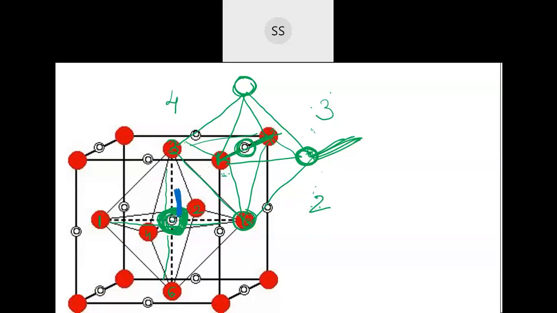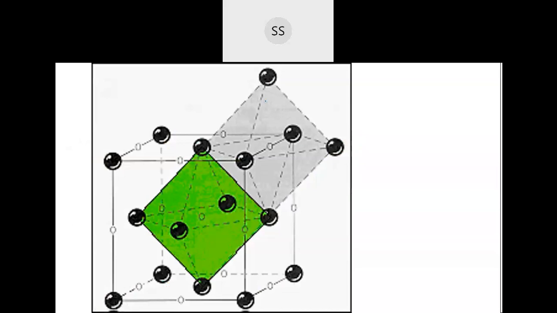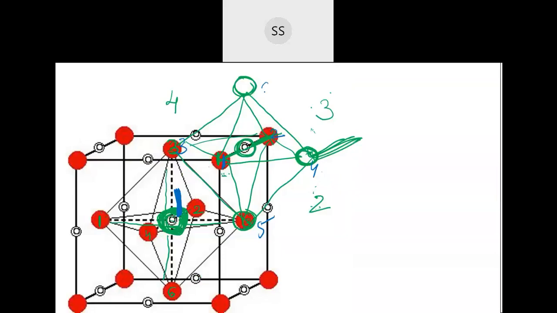Now, if you want to create another octahedral void, this you cannot get just by this unit cell. You have to make use of another unit cell also. So to make an octahedral void, you require 6 atoms. Okay, so I have taken this above one. See now here, this one. 1 and then 2, 3, 4, 5 and 6. These 6 atoms can join together. This is the 6th one. So these 6 atoms can join together to give you this octahedral void. This I have circled here.